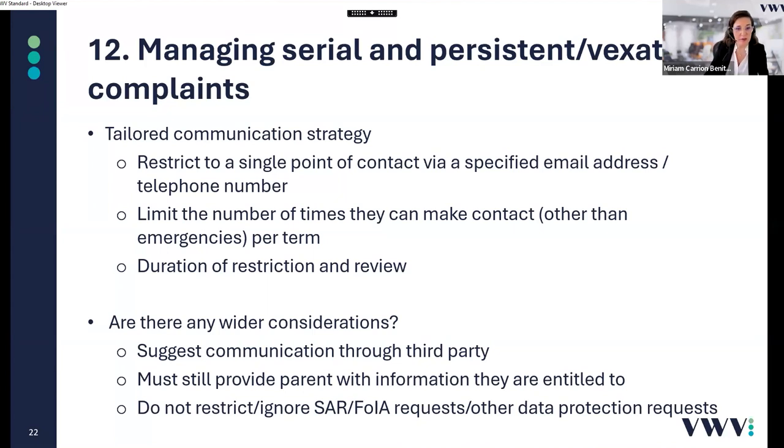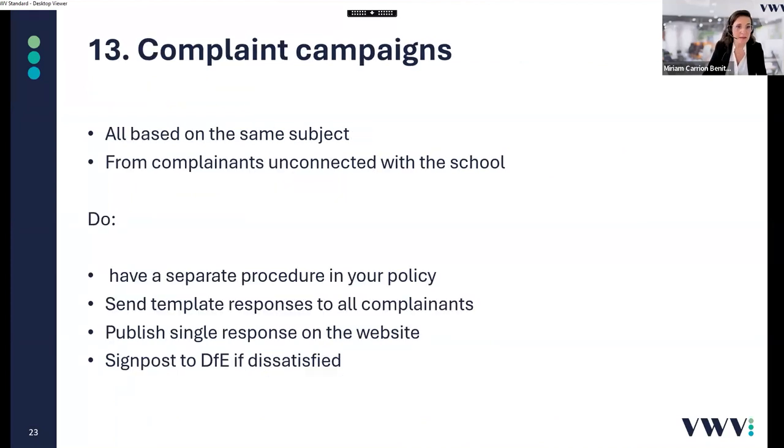You still have to provide the parent with all the information that they're entitled to, for example, under data protection legislation. And you cannot restrict SAR or FOIA requests simply because you have deemed a complaint to be persistent or serial. If the parent has made a subject access request or a FOIA request, then you must comply with your data protection obligations there. In the next slide, I have inserted some information on complaint campaigns, which we are seeing